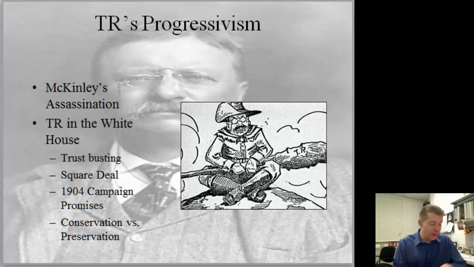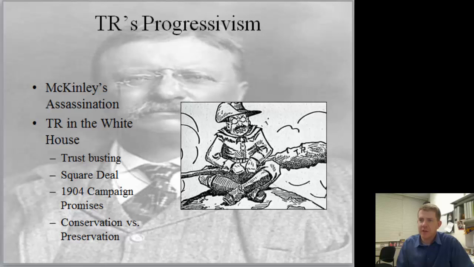and some things that you have in your vocab sheet. If you look at the second side, under the segregation stretch of vocab words, so we did the initiative, referendum, recall yesterday. Suffrage, you should be able to get out of your textbook. We talked about Plessy versus Ferguson, we talked about lynching, and we talked about segregation. Then underneath there, you have this run of Teddy Roosevelt terms, from trust busting down through conservationism. You should be able to get most of those out of your textbook.